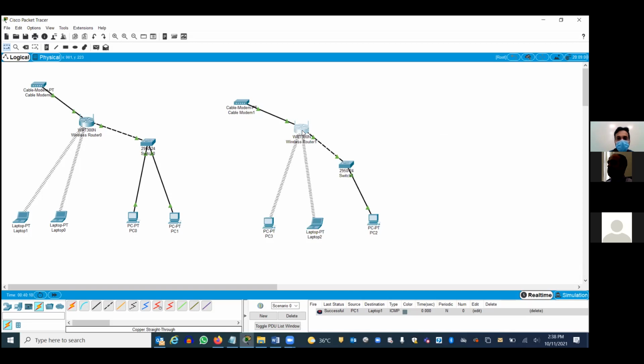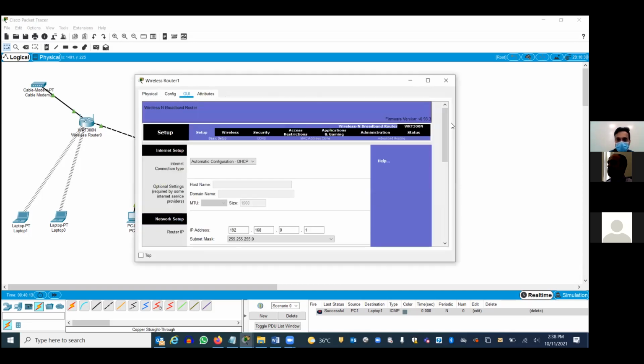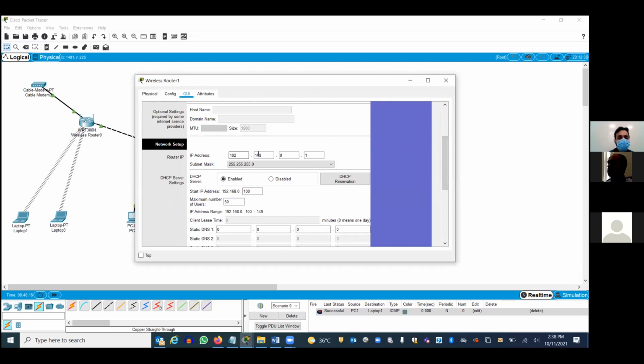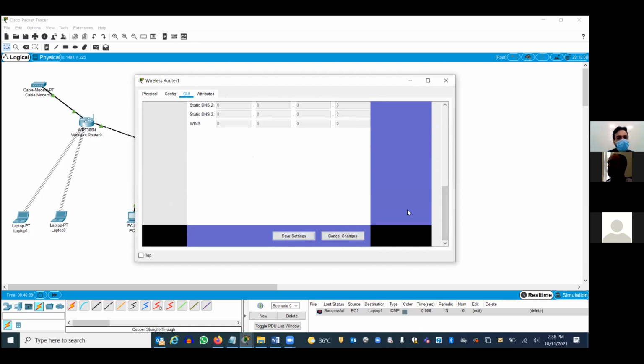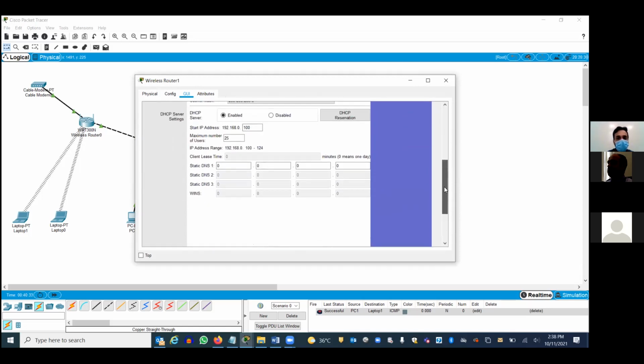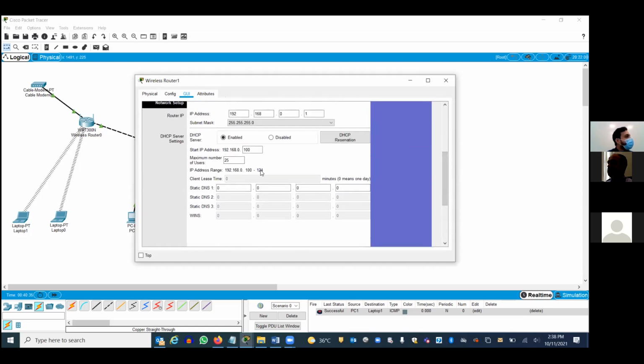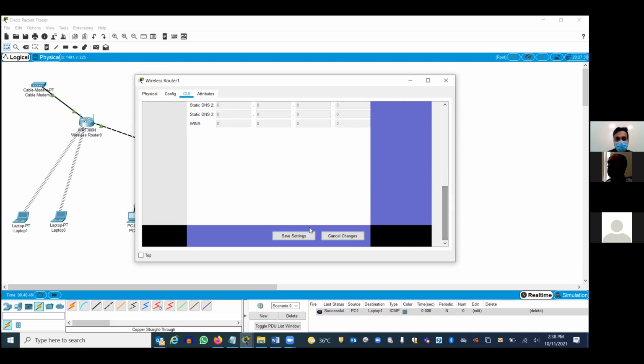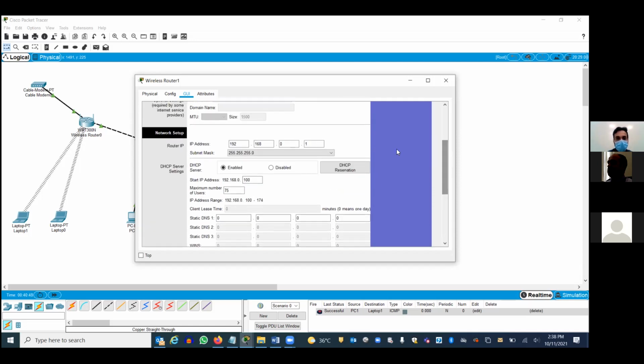If you go to the wireless router, what is the range of IP addresses? 192.168.0.1. What is the first IP address? 192.168.0.100. From 100 till 149, because I specified 50. I can specify 25 also. Then what I have to do? Save. But you don't have to change it now. Just see what I'm doing. If I put 25, what is the maximum number of machines you can connect? 25, right? It's starting from 100 to 124. Correct. What if I put 75? 75 computers I can connect. Clear? So let's start from 100.